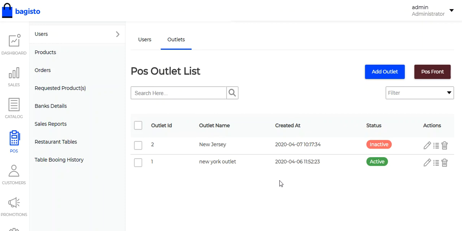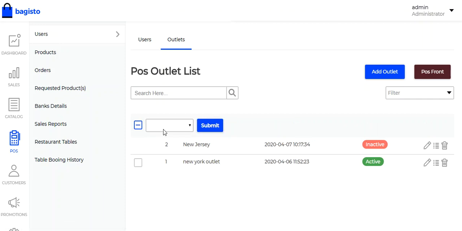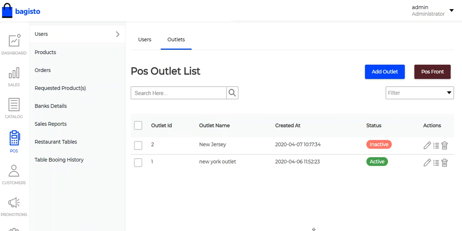Here the admin has created two outlets, that is the New Jersey and the New York outlet. From here, by selecting any outlet, the admin can delete the outlet also. And to create a new outlet, the admin just needs to click on the add outlet button.